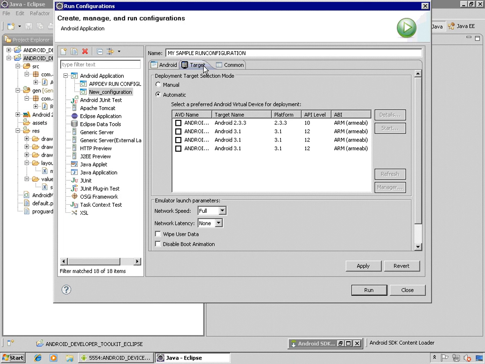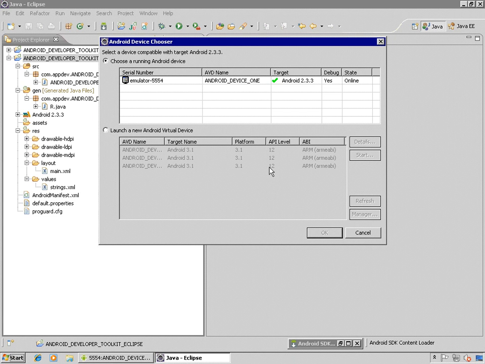We'll flip over to the target platform and say manual. We'll just ask the developer at the time that we run the app whether we want to run it under a virtual device, or if we want to have it go through the USB port and install it on a physical phone. So that's it. We can hit run, and we could say go ahead and send it to the currently running